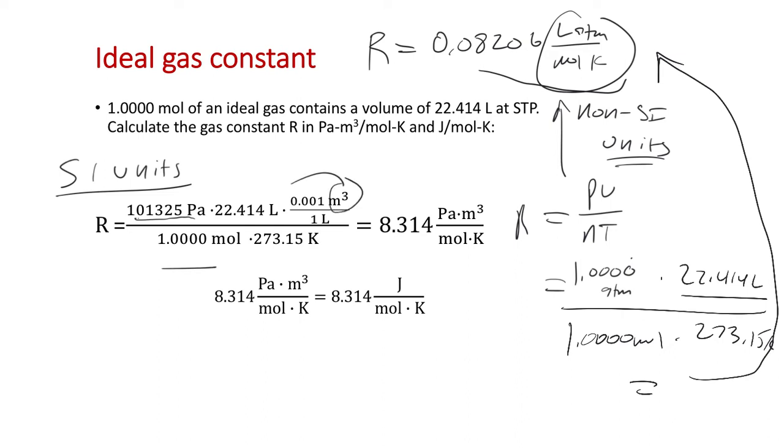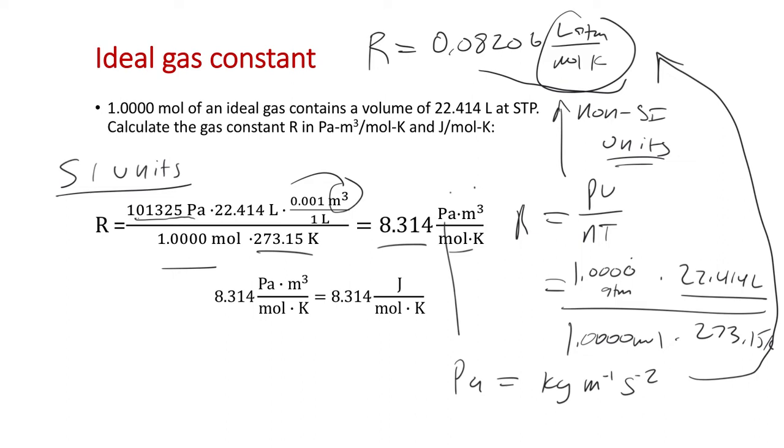And then this is still 1 mole of gas at 0 degrees C. So we haven't really changed anything other than converting the pressure to Pascal and the volume of 22.414 liters over to cubic meters. And so when we do the math, that works out to be 8.314, and the units could be like liters atmospheres per mole Kelvin, well, it'll be Pascal cubic meters per mole Kelvin. Well, if we go back to what a Pascal is equal to, you might recall that a Pascal is a kilogram meter to the minus 1, second to the minus 2.